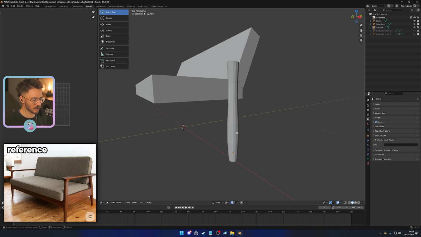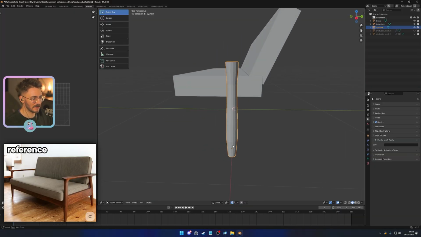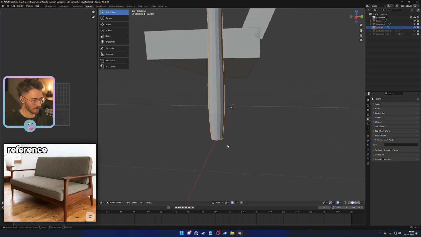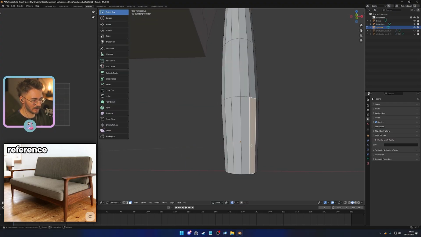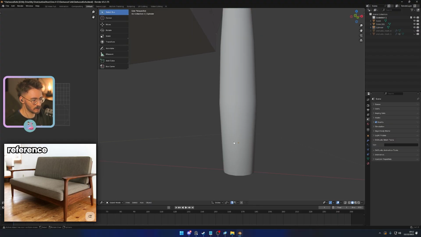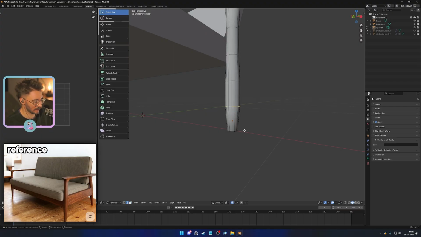Right now it's looking very blocky. What we will do is a shade smooth like this at some point, but I'm actually going to leave it like this for now, just so I have a better view of the polygons. You see how now I can see every face individually. If I smooth it out, which is how it will be when we put it in game, it kind of does this sort of thing. But it helps you also conceptualize and see where we're at as far as poly